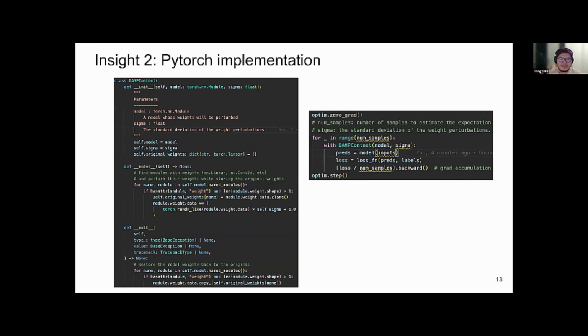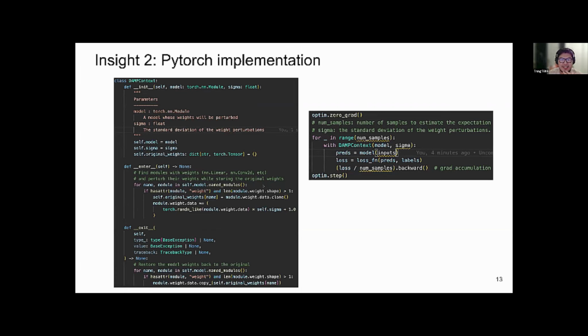And then insight number two is that it's very easy to implement this approach. In my original experiment, I used JAX from Google, but here I also provide on screen a very simple PyTorch implementation, also using the context manager API of Python. We can define a context here that takes in the model and the standard deviation of the perturbation.